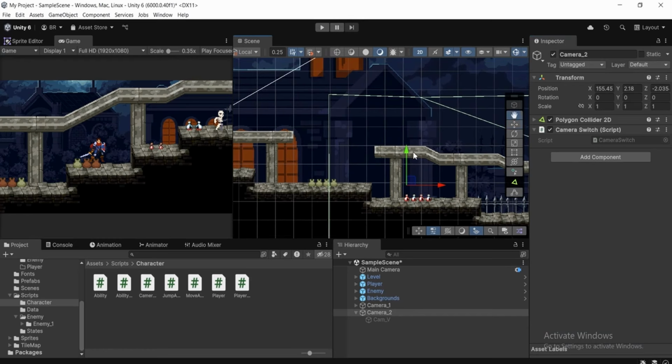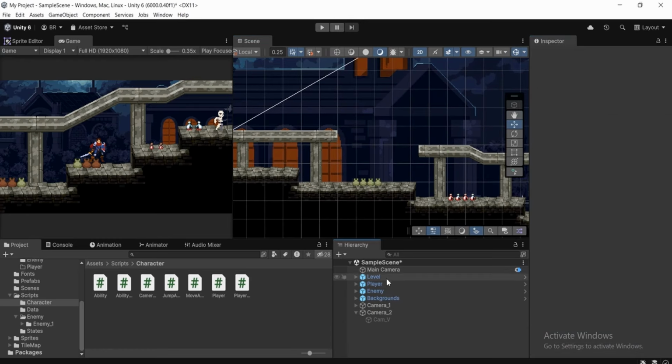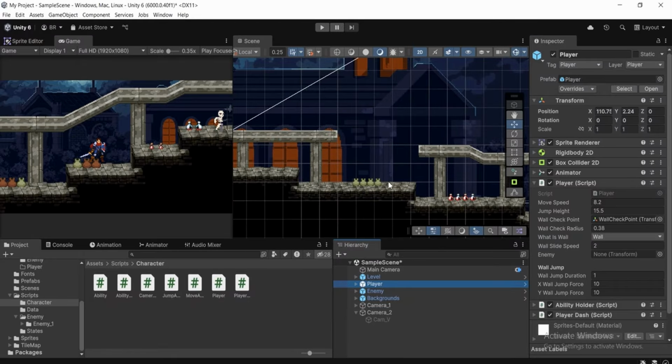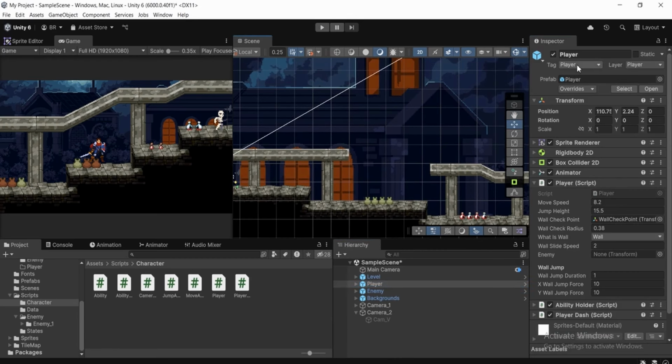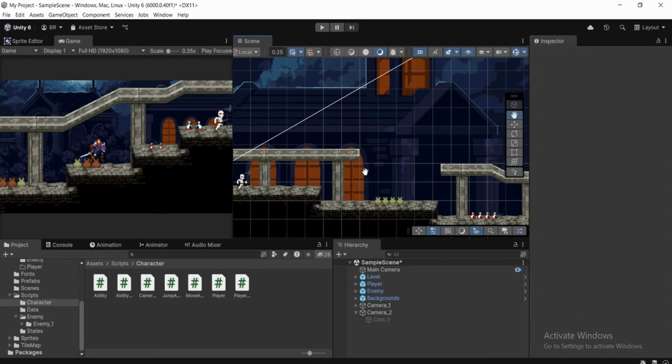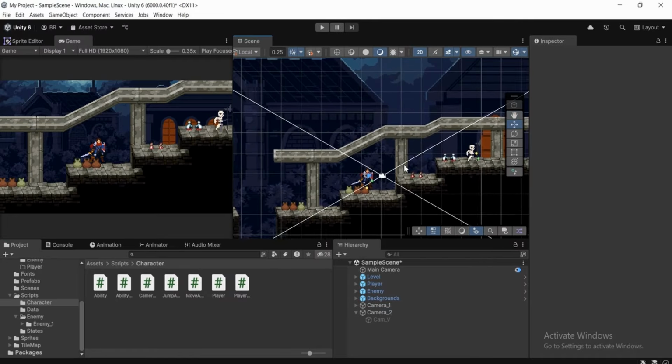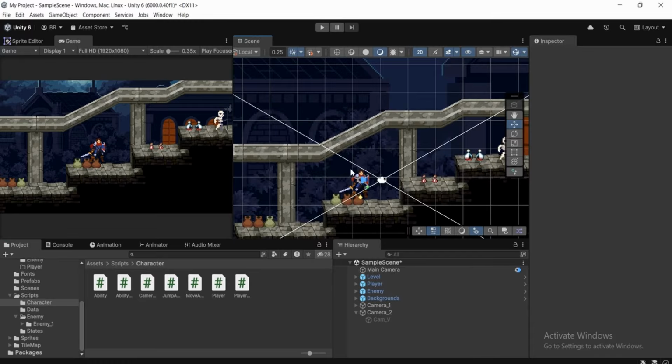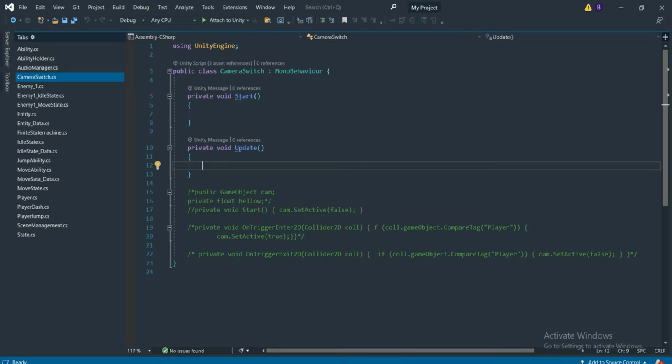Make sure you attach this camera switch script to both of your game objects. And before we do, select your player game object in the hierarchy, then go over to the inspector tag, and it's going to be untagged. So make sure you assign the player tag, so the polygon collider 2D will know this is our player game object. Make sure you do it. And once we're done, as you can see, by default we have the start and update functions. So we're just going to remove all of these things,